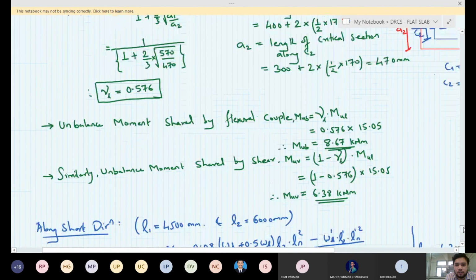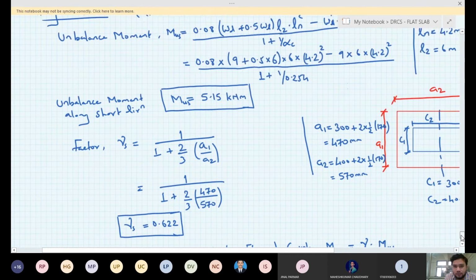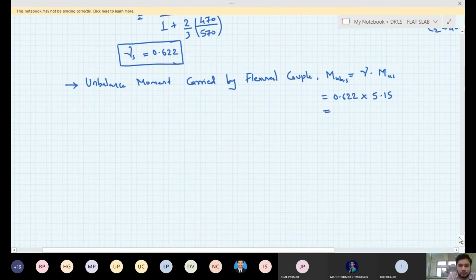Here it was along the long direction, so you can write this as MUBL, and these are MUBS along the short direction. So it will be gamma times the unbalanced moment along the short direction. So it will be 0.622 into the unbalanced moment. The unbalanced moment is 5.15. So you find out this value, how much is this value, and same way